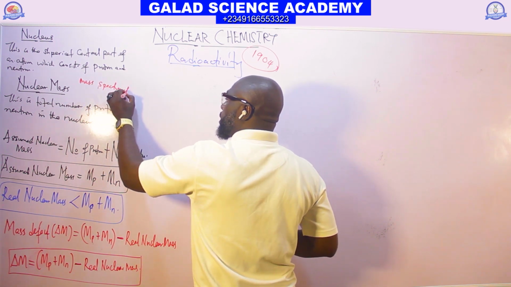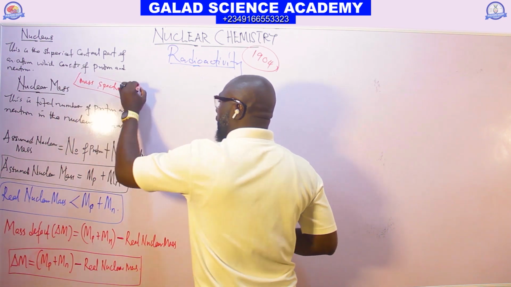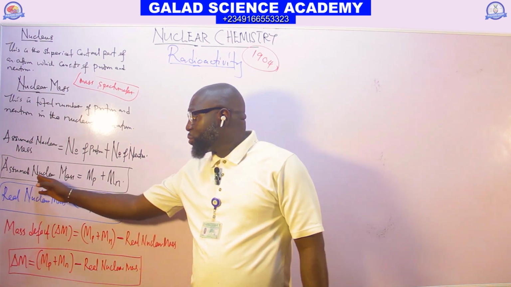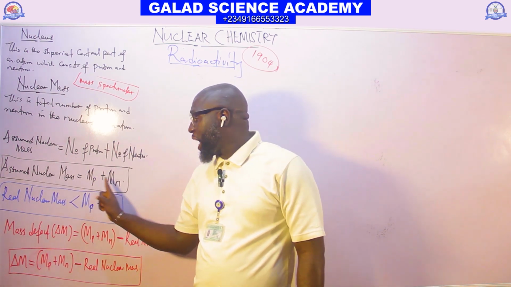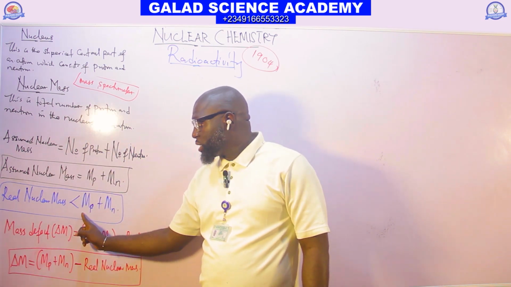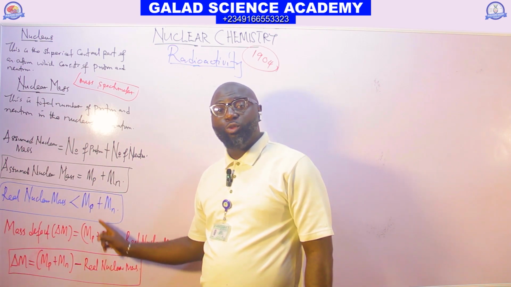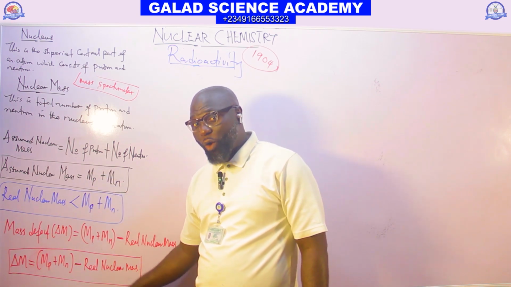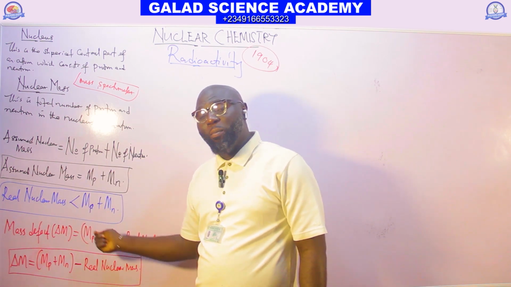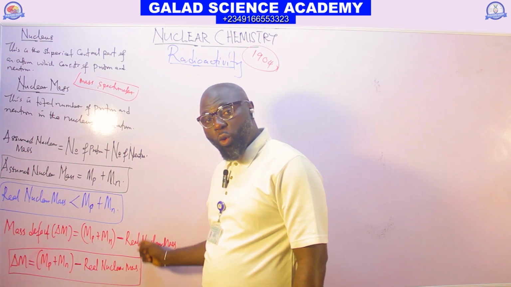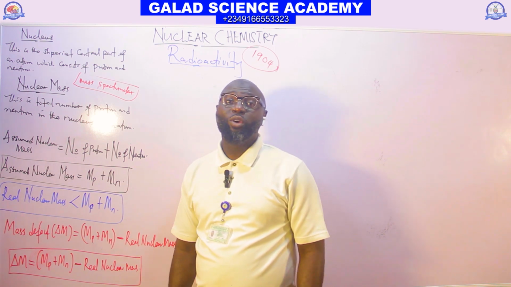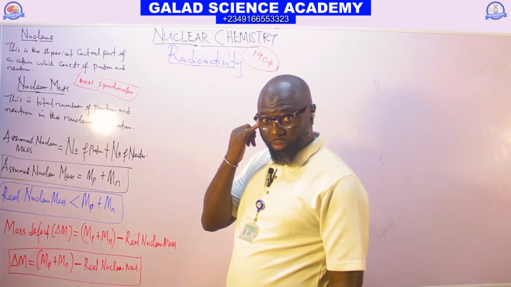By any mass spectrometer, we have the assumed mass, the total number of proton and neutron in the nucleus of an atom, and the real mass is less than the assumed mass. So the mass defect of the nucleus will be the assumed mass minus the real mass. We will apply this when we get to the binding energy calculation under nuclear reaction,